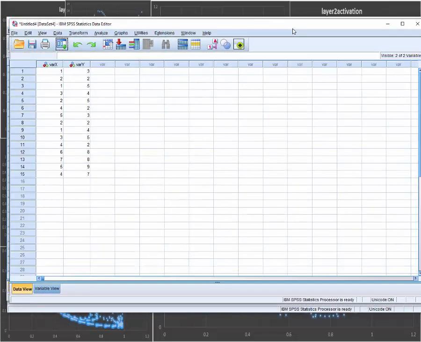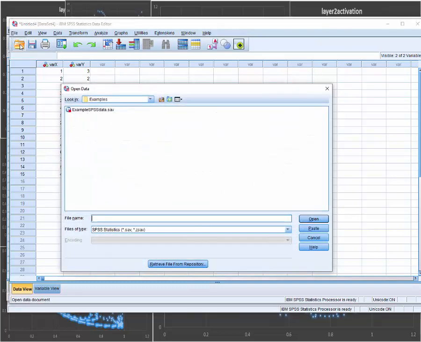And there it is, a nice opened data file. Now I could save it if I wanted to as an SPSS data file in SPSS native format. You can see here these are just two generic variables with made up numbers that I stuck in there to make up a data file. Alright, now there's one more kind of data file in there,